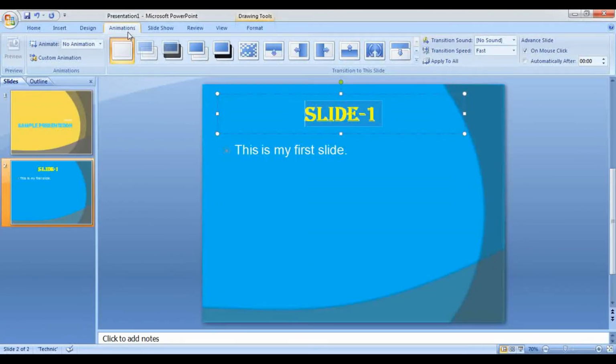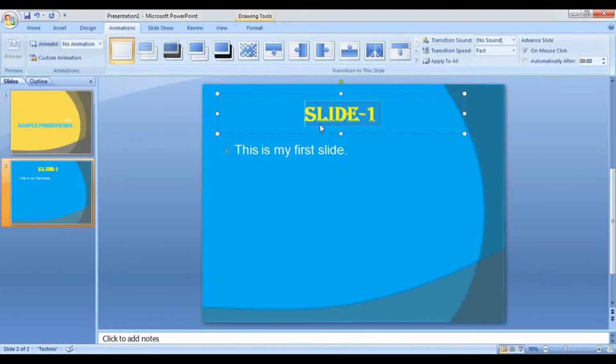But if you are using 2010 and above versions of PowerPoint, you will see different menus for animation and for transition effect. So now if you see, I have one option, animations, on the menu bar, and inside animations I have animations and transition groups. But if you are using 2010 and above version, then animation and transition are two separate menus on the menu bar.